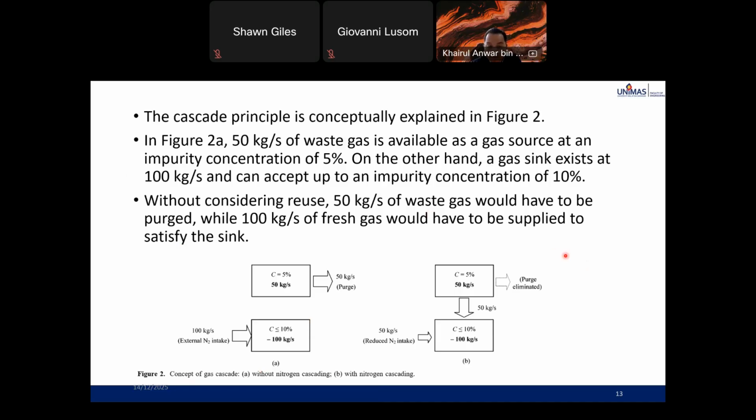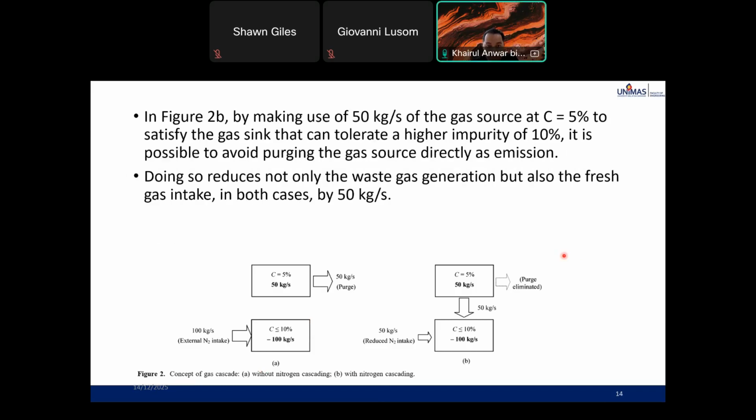So if we do the nitrogen cascading, meaning we reuse or recycle, by making use of 50 kg per second of the gas source to satisfy the gassing, that can generate a higher quality, we avoid purging the gas source directly as emission. So since the tolerance is less than 10%,